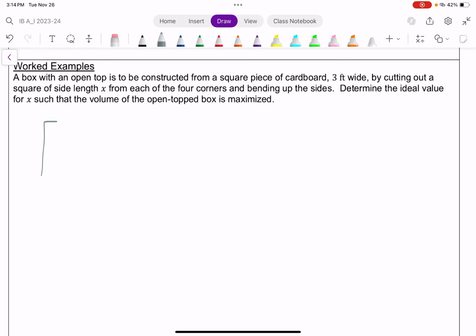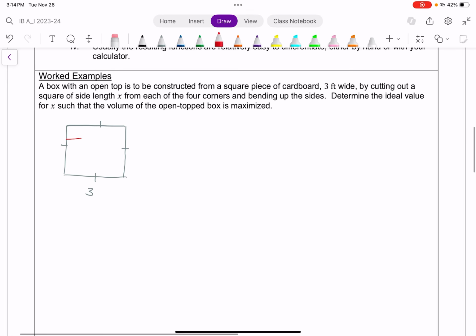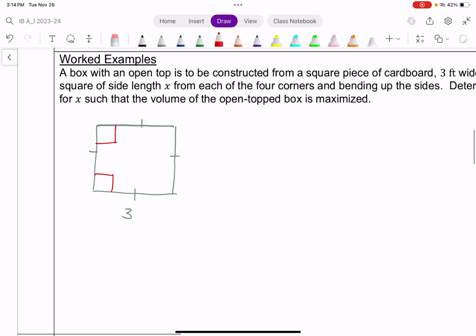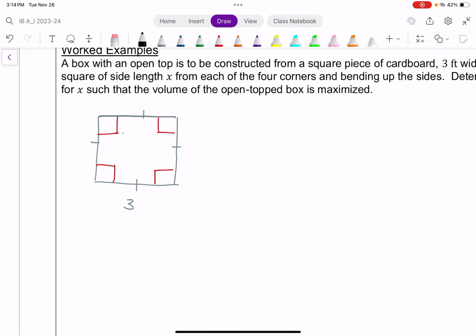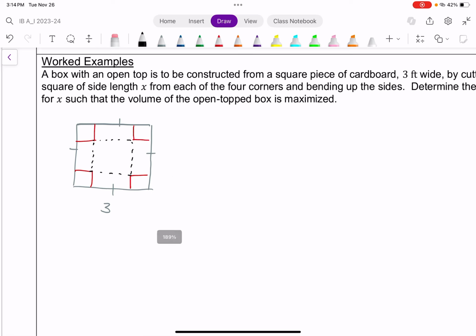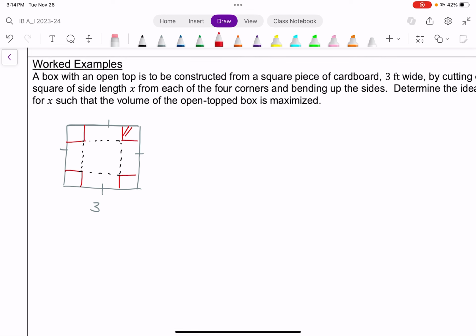optimization problem. We have a piece of cardboard, a square piece of cardboard that's 3 feet by 3 feet. And we cut out a square of size x from each corner. And then the idea is we take this part that remains, we fold up the sides, and voila, we have a little simple open top box. And so I want to find the size of the square we should cut out. So the side length of x, because each of these squares here has a side length of x. What size of square, what length of x should we cut out so that we maximize the volume of this